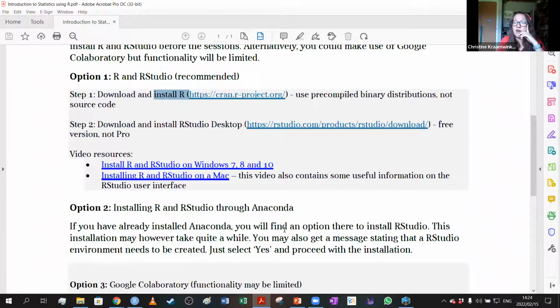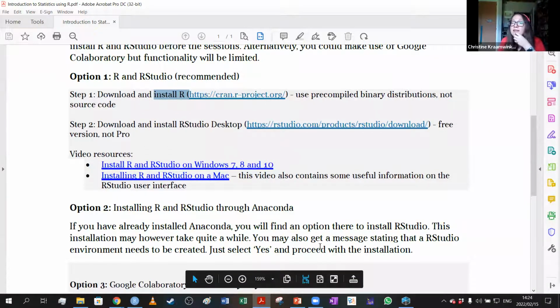Now, if you have Anaconda installed, I remember Benjamin said last week that you can install RStudio through Anaconda as well. Most likely it will take a while to install that way. It will ask you whether it needs to create an R environment. You just have to say yes, and then it will finish with the installation. So that's your second option if you want to go that route.